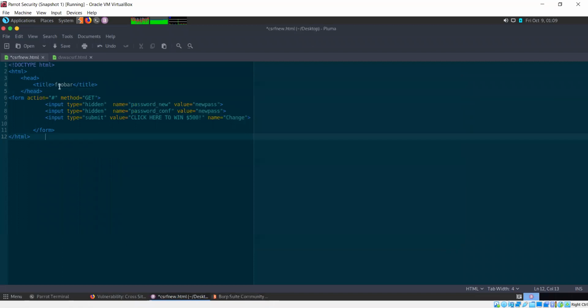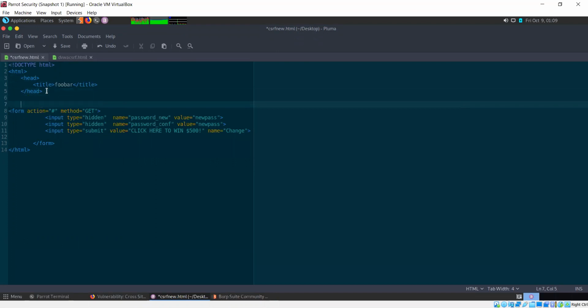Okay, so what I'm doing is, for any HTML document, there is a format you need to follow, and there is an HTML head and a body. Without that, the syntax would be incorrect. Let's just remedy that here.